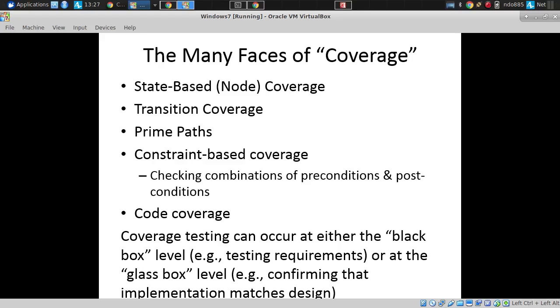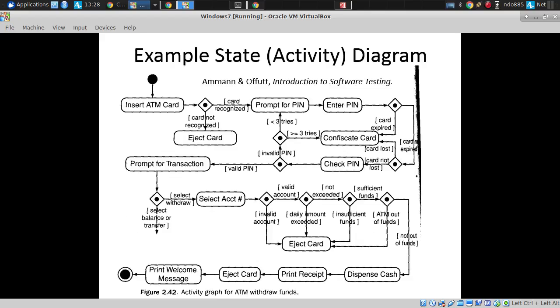And so today we're going to be talking about that. And what we talked about last time is relevant because that too is an attempt to exercise different cases. But here the focus is on graph-based methods. So here's a